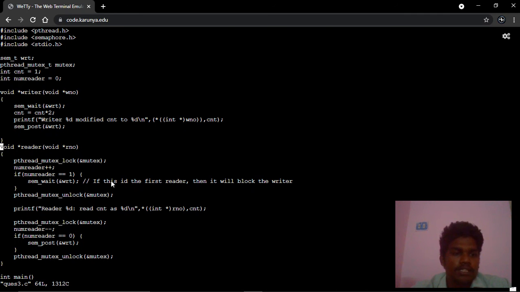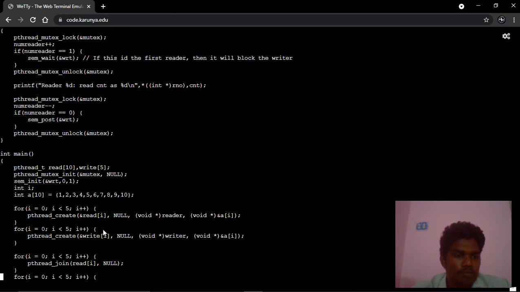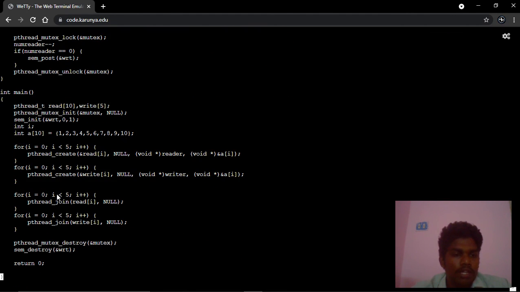The reader reads, so it prints the value the reader reads. The main function just runs this for n times. Now I run this code.